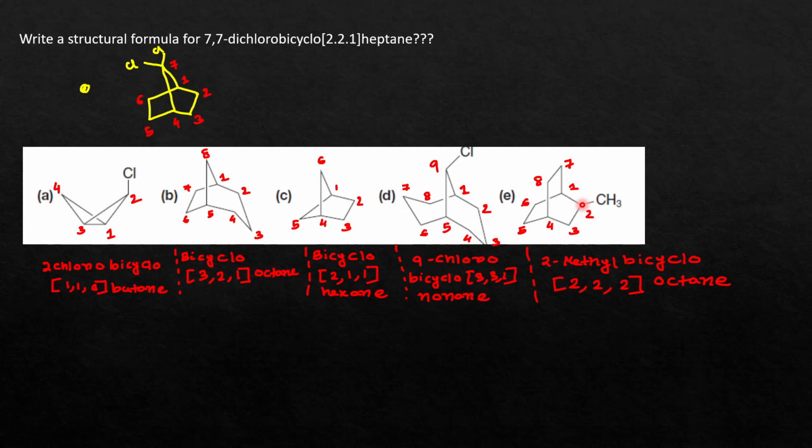So it will start from this bridgehead carbon, 1, 2, 3, 4, 5, 6, then it will go to 7 and 8. So this is the last bridgehead. Now at first you have to write the prefix, that is the position of the substituent, 2, then the name of the substituent, methyl, then bicyclo, then square brackets, in which you write the number of carbon atoms forming the 3 bridges. In the first bridge there are 2 carbon atoms, so 2. The second bridge also contains 2 carbon atoms, and the third bridge also contains 2 carbon atoms. So 2,2,2, then close the bracket, then octane, because the bicyclic